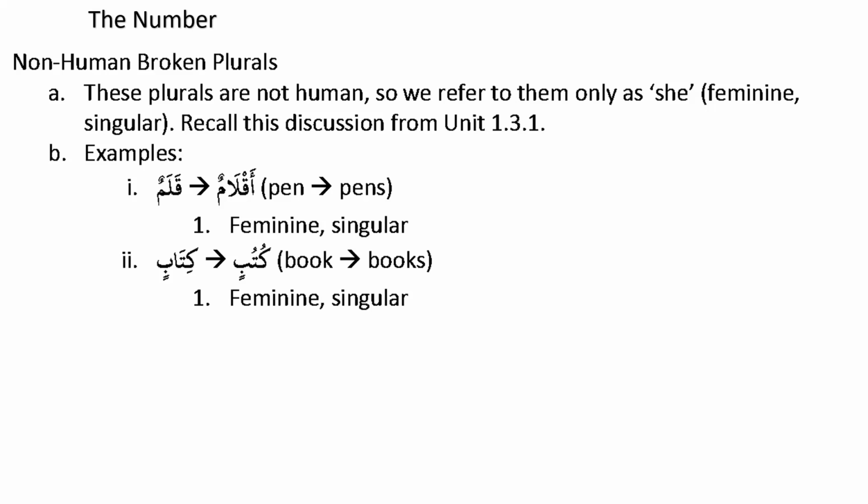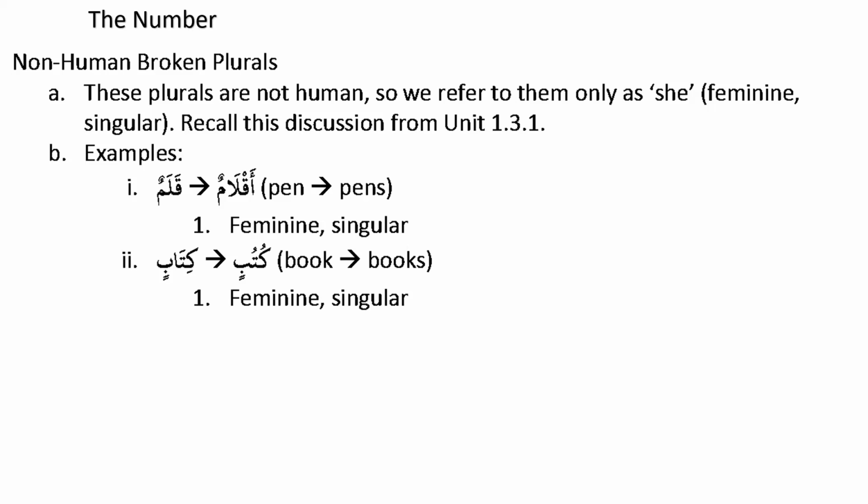Again, if I say I have one pen in my hand, it is singular. Kalamun is singular. And if I ask, brother, what is the gender of kalamun? Because we know in Arabic we have to have a gender, masculine and feminine. You say, brother, kalamun is not a name of a place. It is not a body part. It's not a biological feminine. It is not something that the Arabs said. So I don't know any reason, so this is masculine. And you're right, it is masculine.